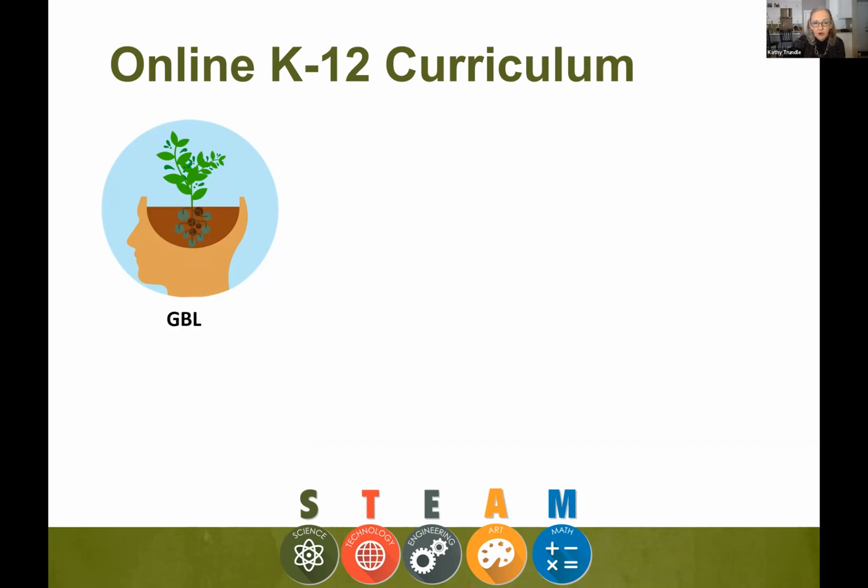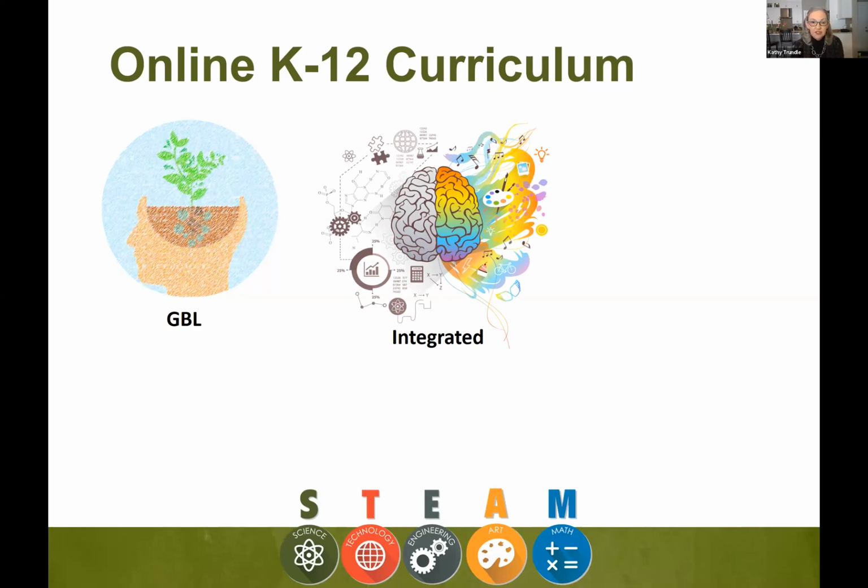Rita will talk to you more about the garden-based and sustainable gardens in the next presentation. As I mentioned earlier, the K-12 curriculum is STEAM integrated. Right now, we are looking at Ag in the Classroom, which is based out of Utah State University in Logan. So we're looking at the Ag in the Classroom lesson plans to make sure we're not duplicating and that we're adding value to what's already out there and the great lessons that they already have.